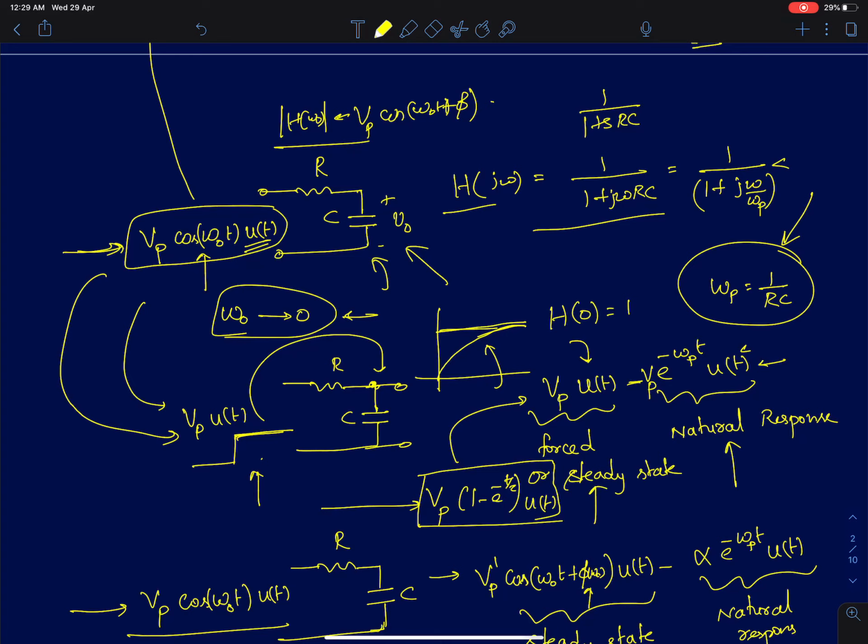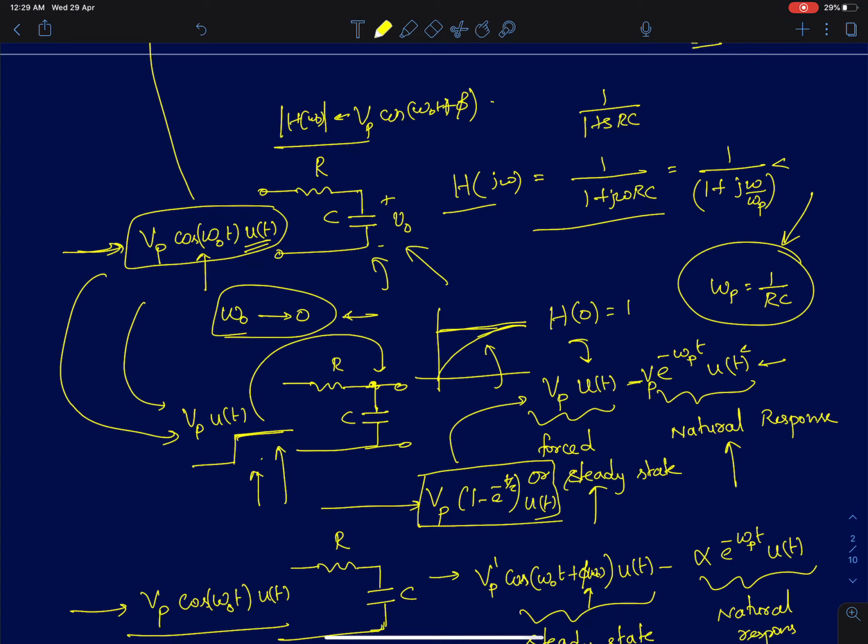See, whenever you apply a sudden change to the system, your system is going to respond to that. For example, an impulse is like a sudden change: you're just suddenly giving an input to the system and then taking the input away, making it zero again. And the response of the system is what we call a natural response. So whenever there is a sudden change, a discontinuity in the input, the system will exhibit a natural response to that, in addition to the forced response, which is due to the input itself.